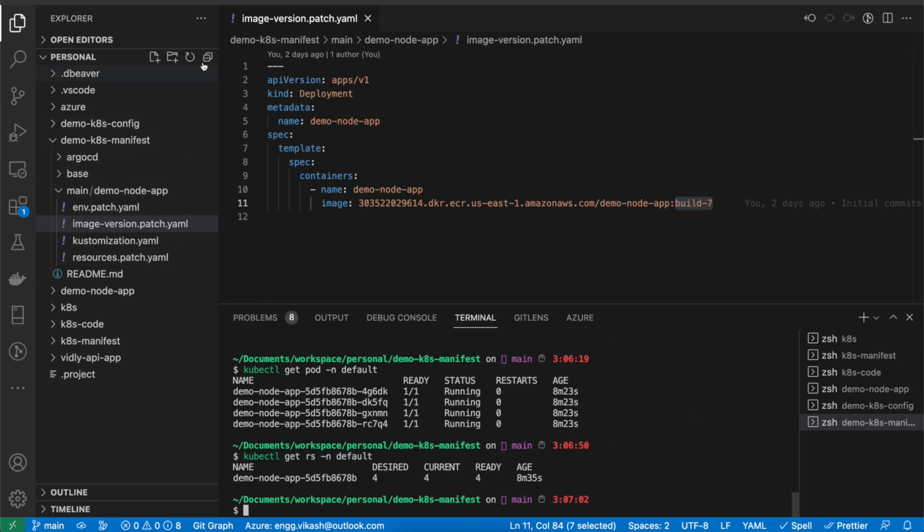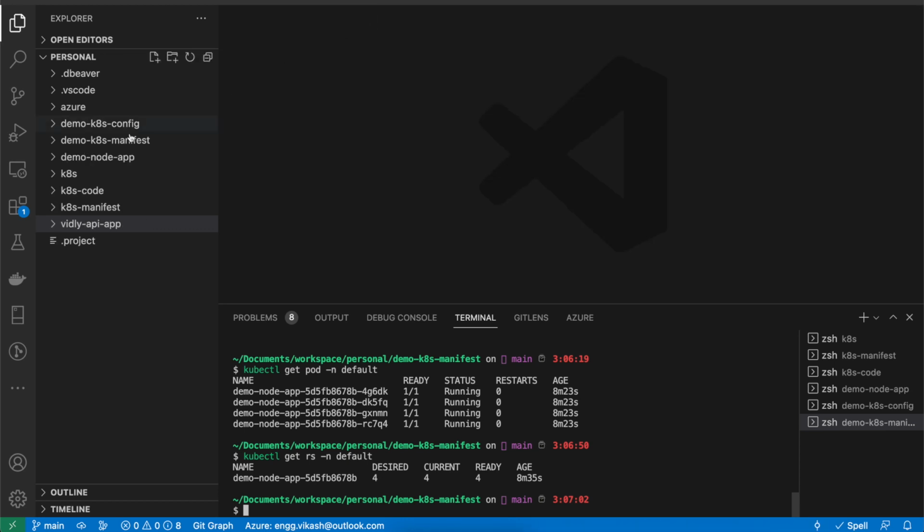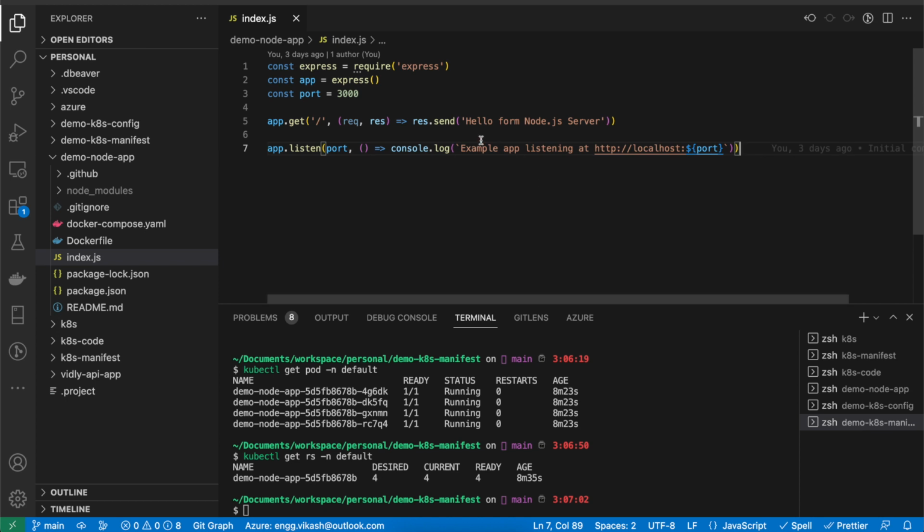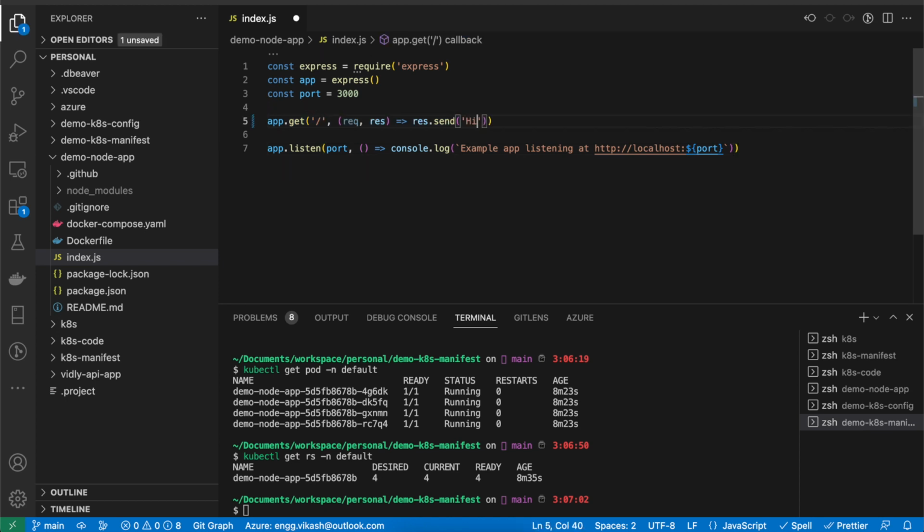So let's see all these things in action, whatever I have just mentioned. What I'll be doing is going to the index.js file. I'll be simply updating this to, let's say, hi all,